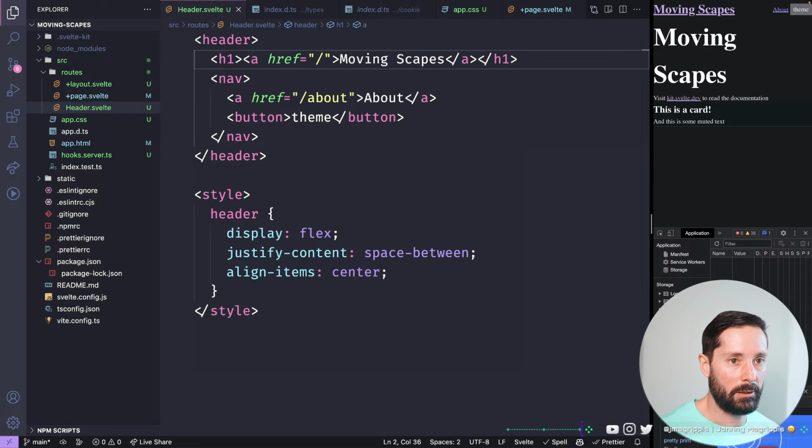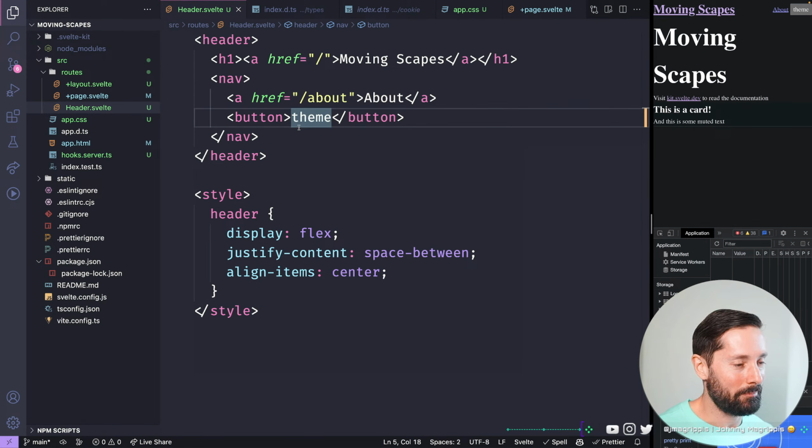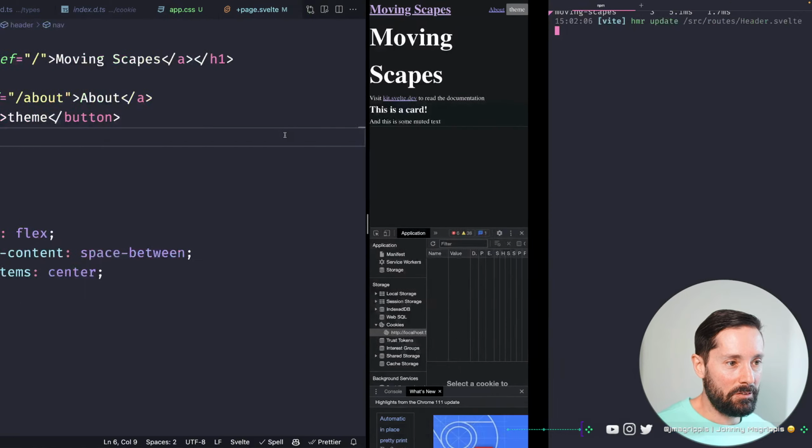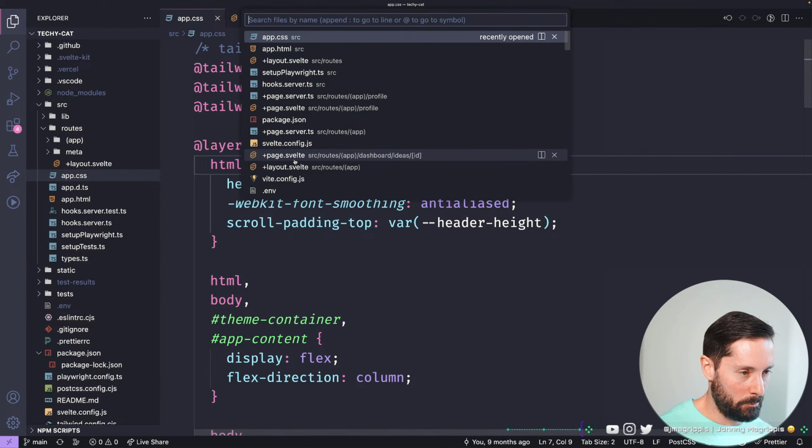Autocomplete here, not quite helping. We'll want to do something about the very ugly underlines, but I guess that's a Tailwind thing we'll do in the future. Let's have a look at the Techie Cat theme toggle